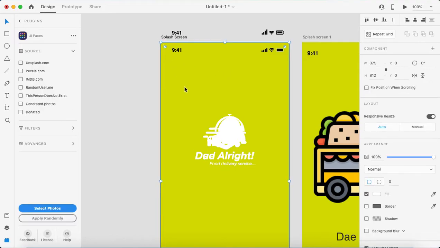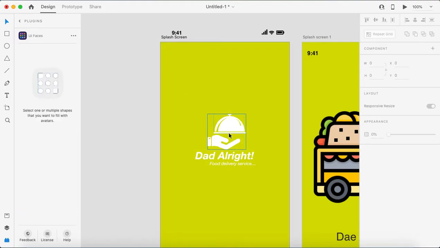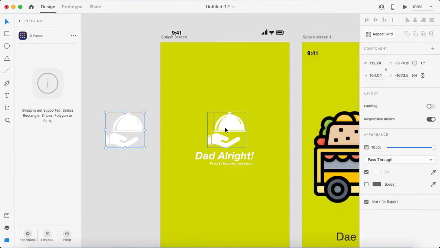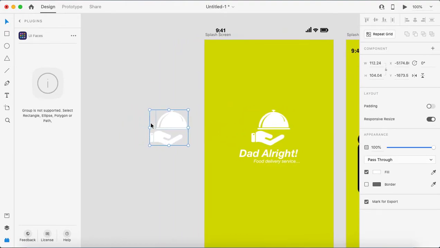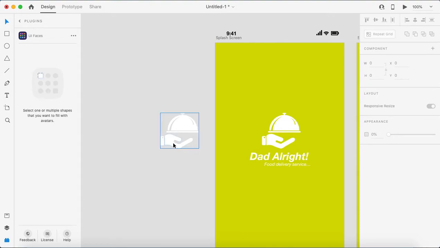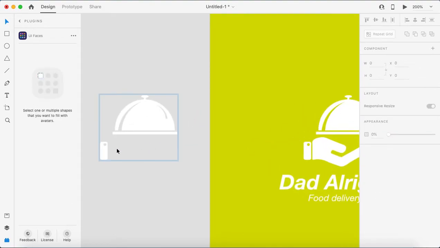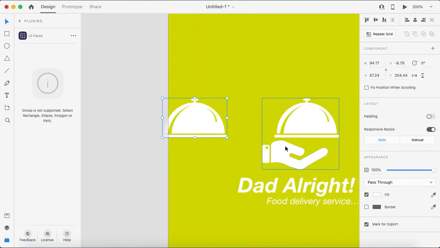Alright, now this is the one. Let me remove the screen, and this is how it will look. Now for example, if you want to see how it looks without the hand, I will just copy and paste it because I want to keep this as it is. Now I'll double click because this is a group object. I'll select this one and remove it, done.